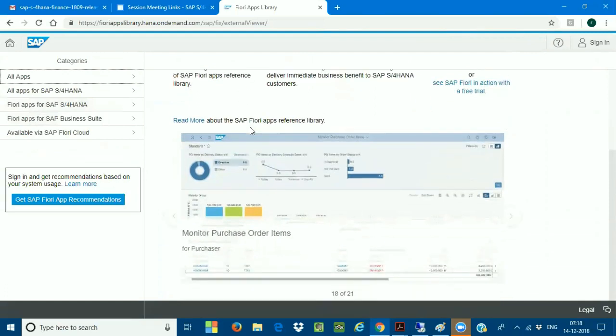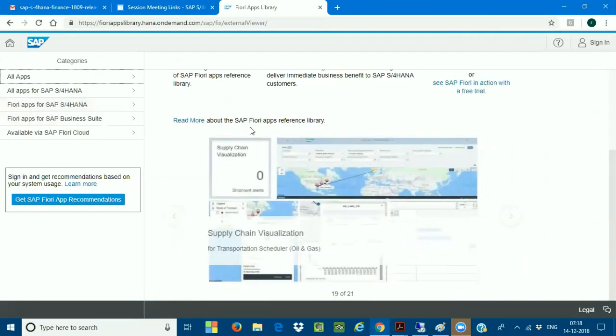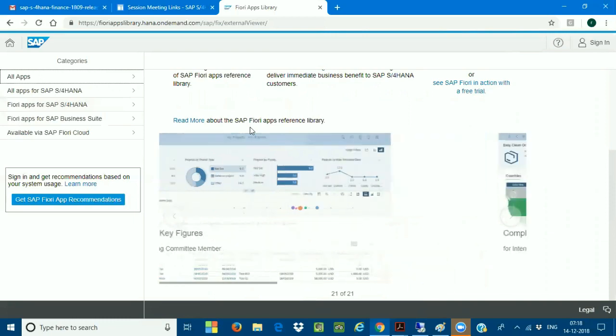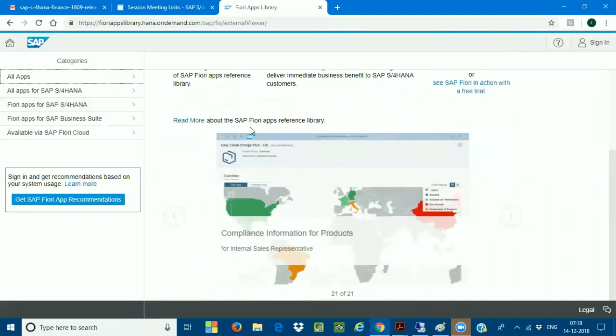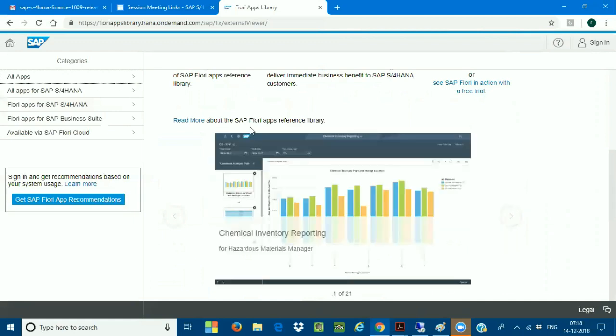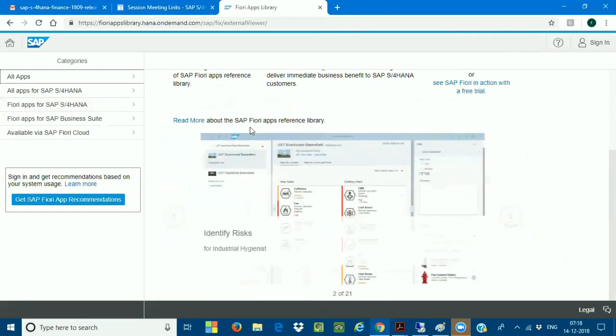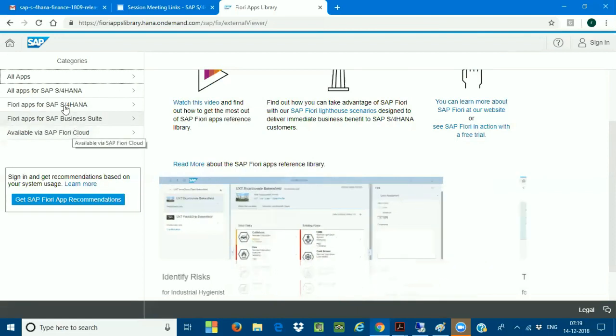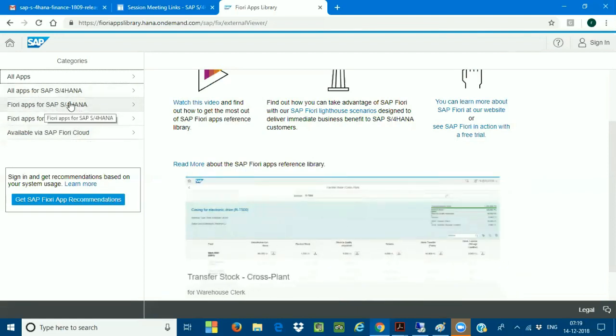Mahesh, one question. So SAP Fiori Cloud is always browser based, right? Yes, exactly. They both are going to be the same, sir. I'm not going to differentiate. Both are going to be the same. But if you have a license of SAP S4 HANA cloud, whether it is a private cloud or a public cloud, then you have to go to the SAP S4 HANA Fiori cloud. If you are using SAP on-premise, then I'll go with SAP Fiori with SAP S4 HANA, like that.